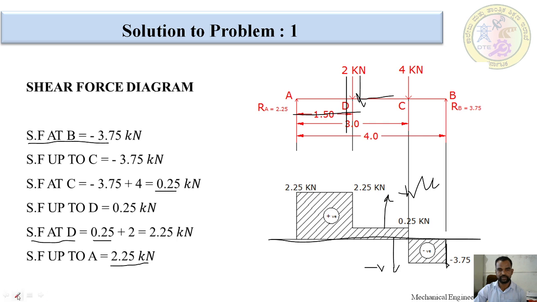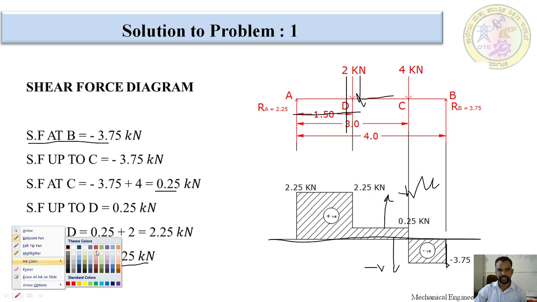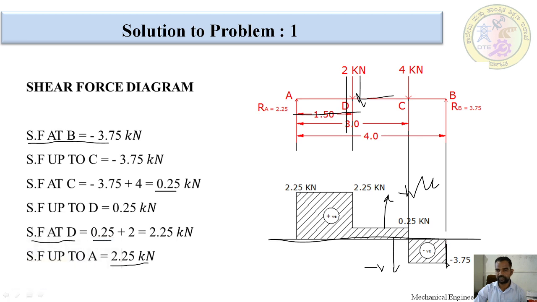I am going to take a pen, the red one. From here to here is 3.75. There is the same load up to C point, so I am drawing it up to C point. If we had a uniformly distributed load the value would vary, but here the load is equal between the next sections.